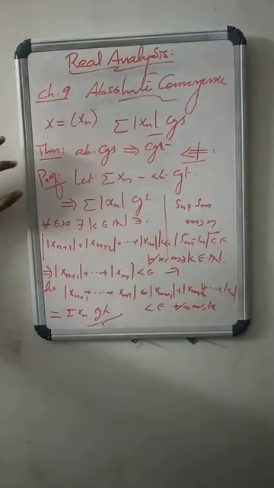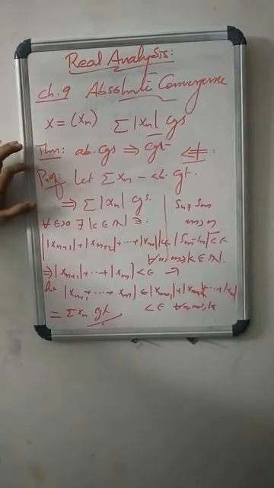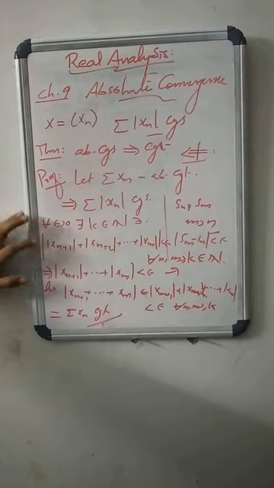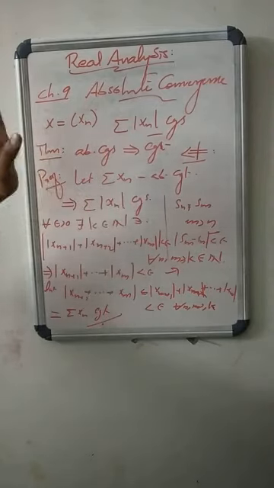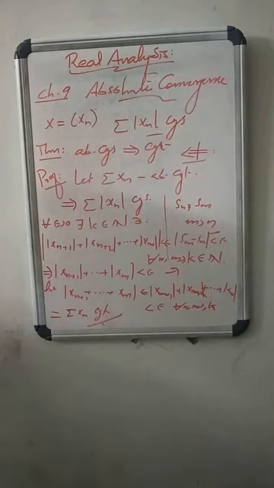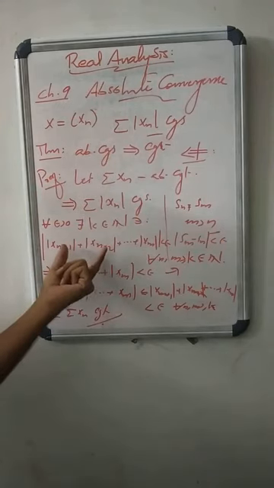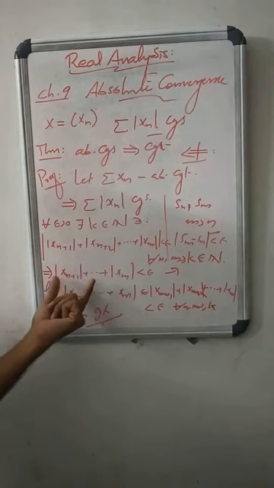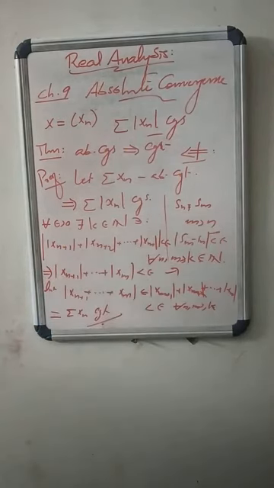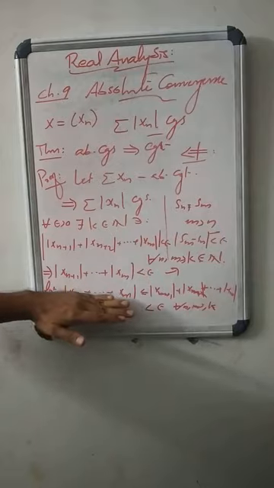Clear? Sigma xn is absolutely convergent, meaning sigma mod xn converges. So by the Cauchy criterion, for all epsilon positive, modulus of x_{n+1} plus modulus of x_{n+2} plus etc. plus modulus of xm is strictly less than epsilon. But the modulus of (x_{n+1} plus etc. plus xm) is also strictly less than epsilon, using this inequality, we have